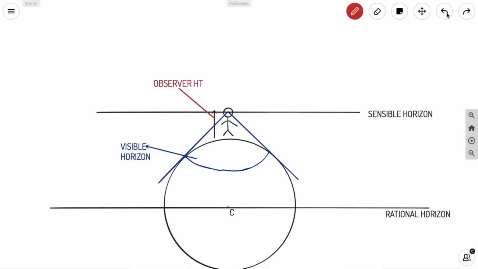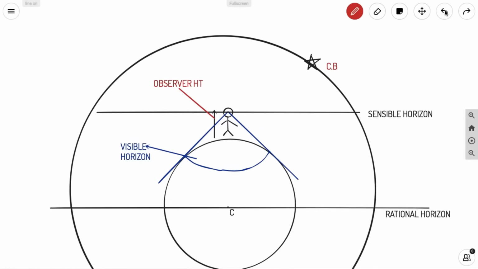Now, as you know from the diagram, this height will be your observer height. This has a significance. I will talk about it further. Now we have a celestial body, as you can see, and this celestial body is on a vertical circle. As we know, vertical circle is passing through the celestial body. Now you can say this is vertical circle and this line, that is from center of Earth passing through the